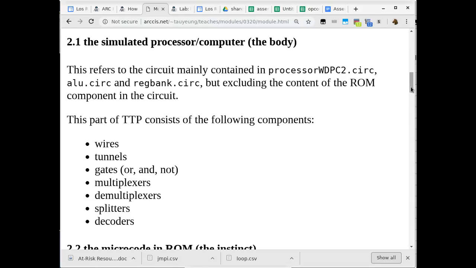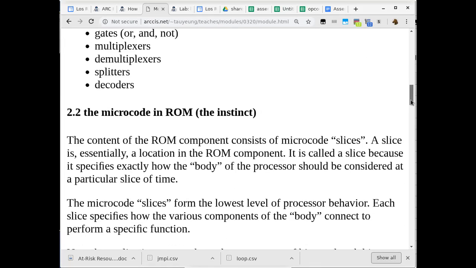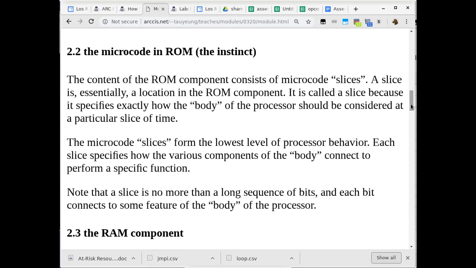Actual components inside the processor in Logic Sim. So the first part is to understand that's really the core of the processor. Okay, those are the components. So once we know that there are the components, then the next item is going to be the microcode in